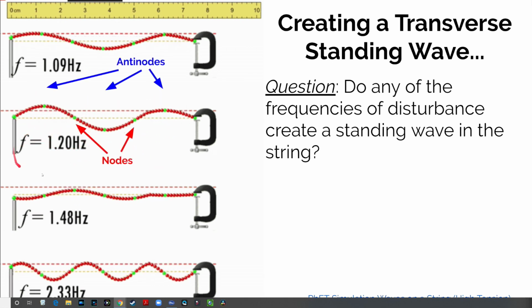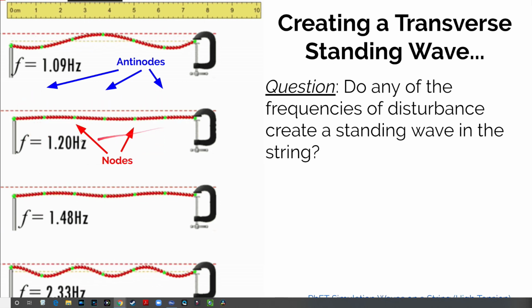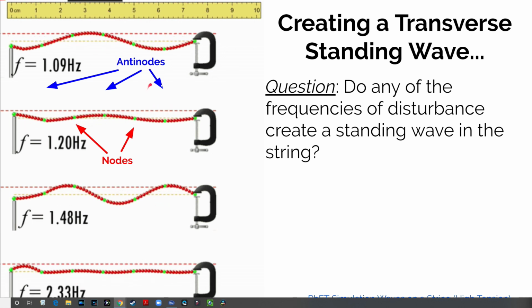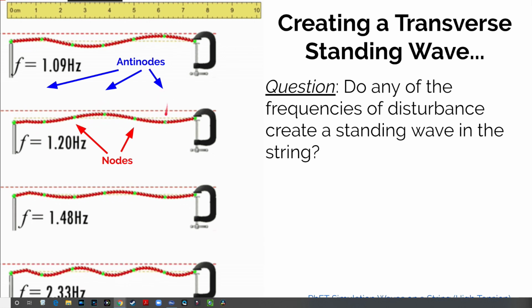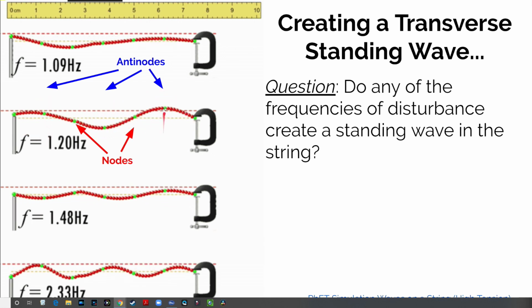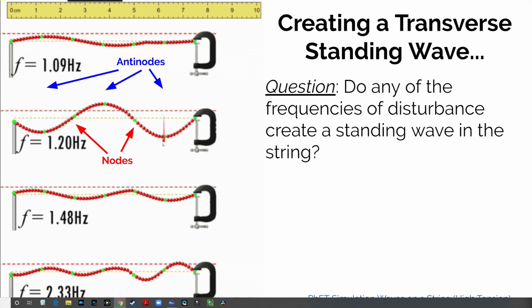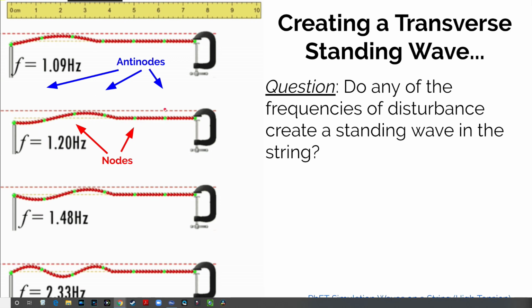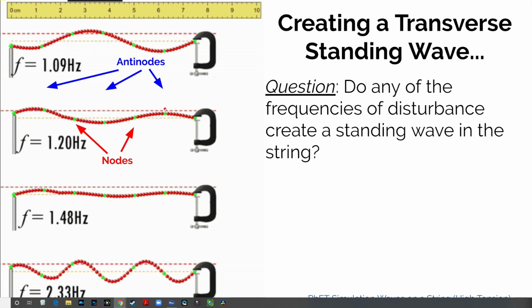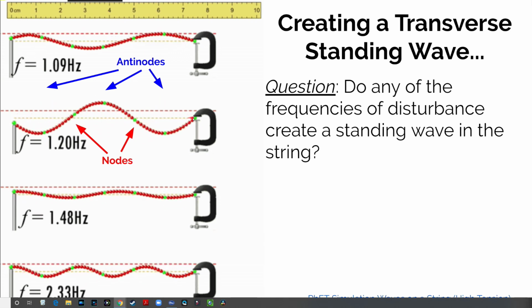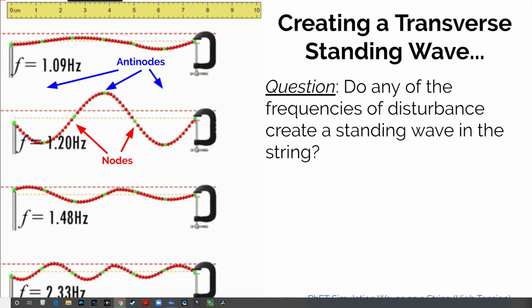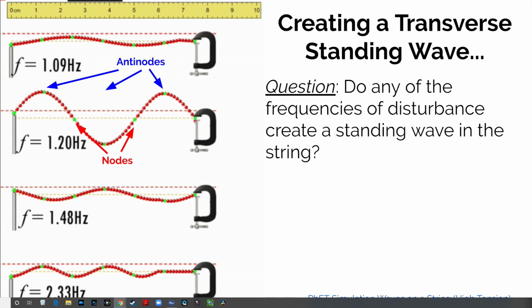The frequency of 1.2 hertz creates something that looks like this, and you can see that I've got the nodes' locations marked and the antinode locations marked, where there are spots of maximum displacement that seem to stand still. Actually, we have 3 antinodes, and technically we don't have just 2 nodes, we have 4 nodes, because right here on the fixed end,